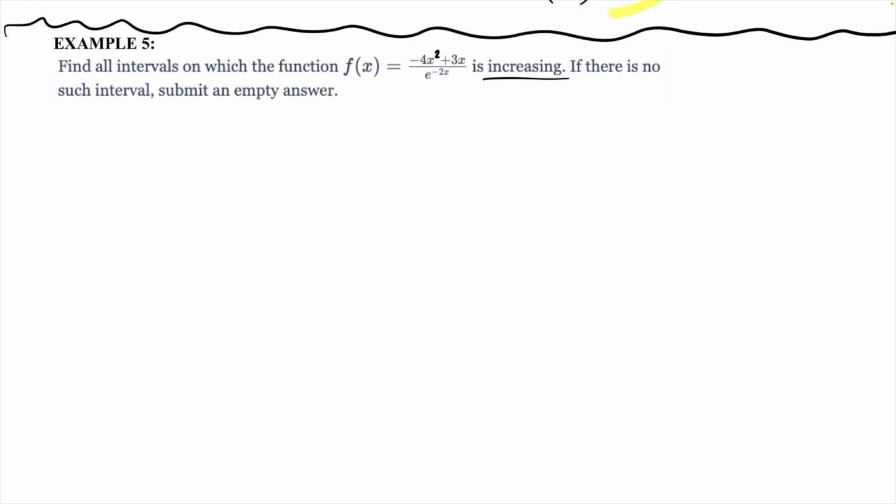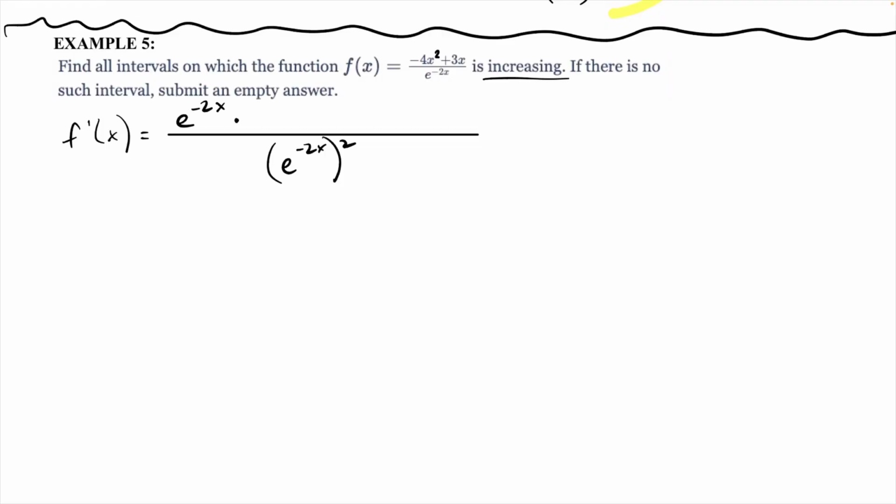Looks like we're going to have to use the chain rule, or not the chain rule, the quotient rule. You could get away without doing the quotient rule, but I think the easiest option is just doing the quotient rule instead. Okay. So the bottom is e to the negative 2x squared, which will eventually be e to the negative 4x, because we just multiply. Okay? Low